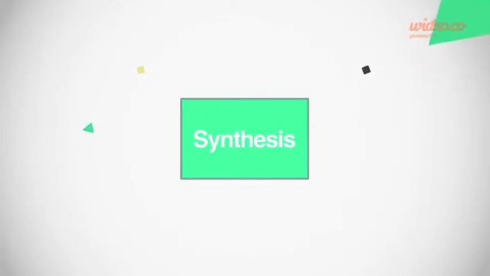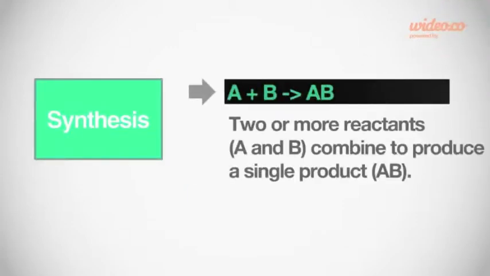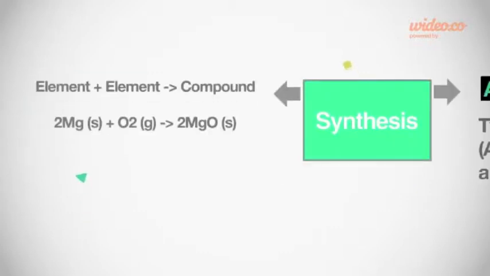A synthesis or direct combination reaction is one of the most common types of chemical reactions. In a synthesis reaction, 2 or more chemical species combine to form a more complex product. An element reacts with another element to produce a compound. An example of this is the reaction between magnesium and oxygen to form magnesium oxide as seen in the balanced